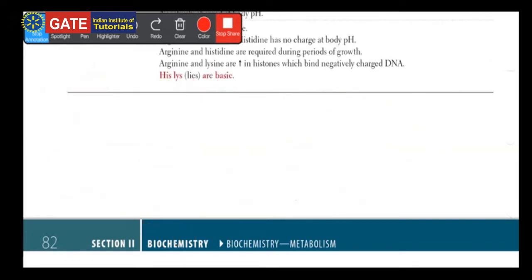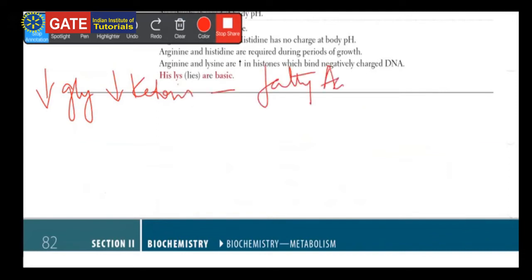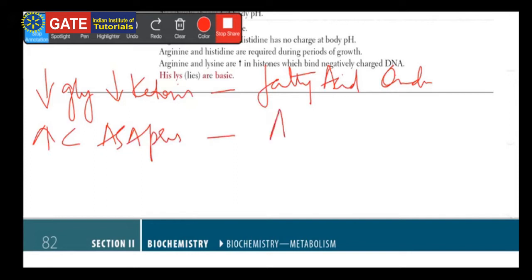So now acidosis, I already told you that it is organic acidemia, right? Now coming to the first condition, your hypoglycemia and hypoketosis. With hypoglycemia and hypoketosis, you have to think about fatty acid oxidation disorders. Next is your increased citrulline and ASA present. Increased citrulline and ASA present means you have to think about